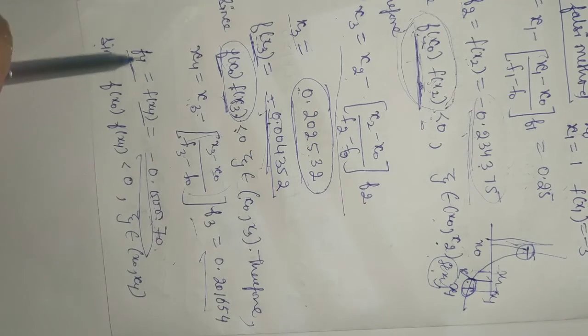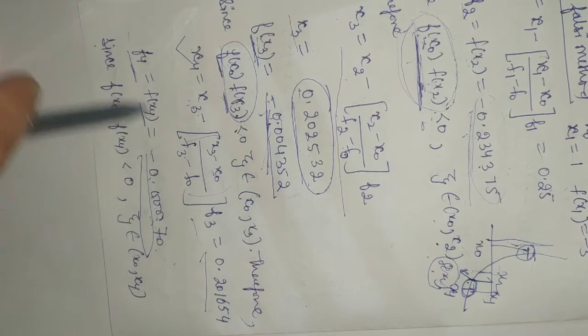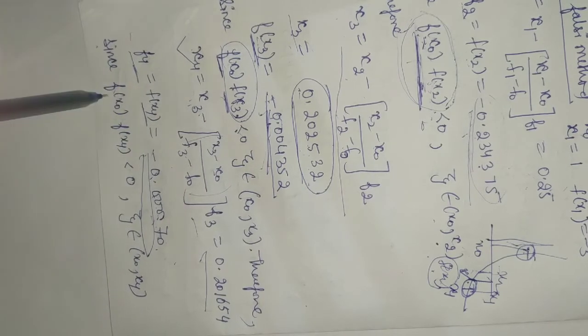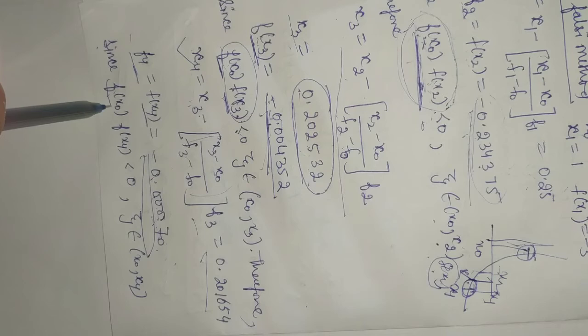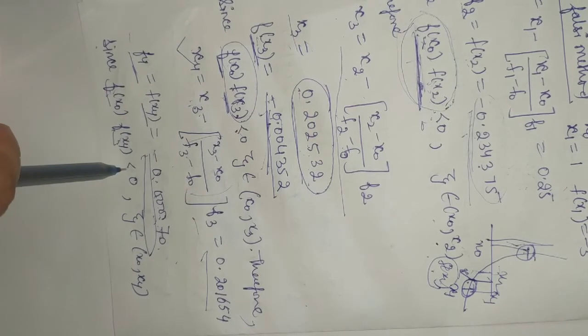Therefore we take x4, ये भी नेगेटिव है। अगेन we take the product and again the product किसके साथ आएगा, x0 के साथ, और x4 की फंक्शंस की वैल्यूज आपस में अगेन नेगेटिव रहेगा।